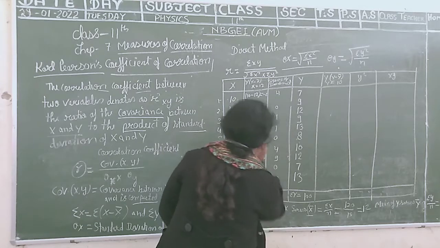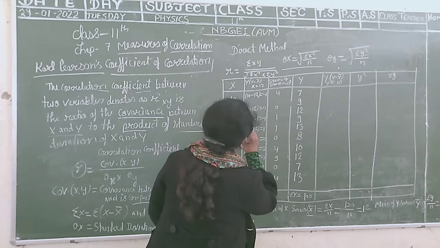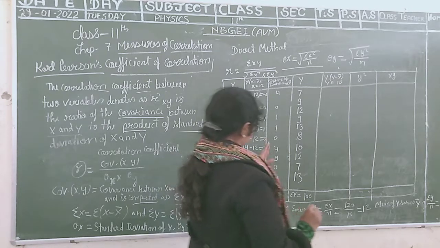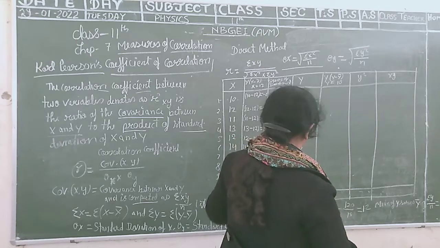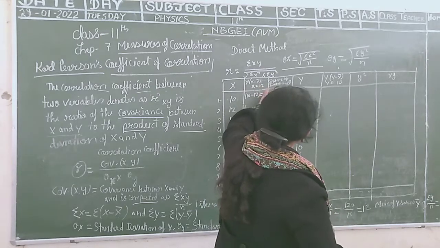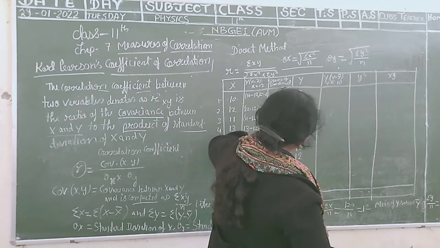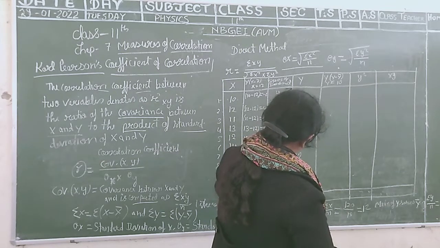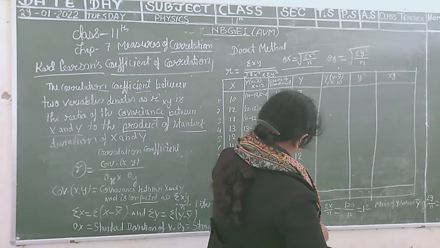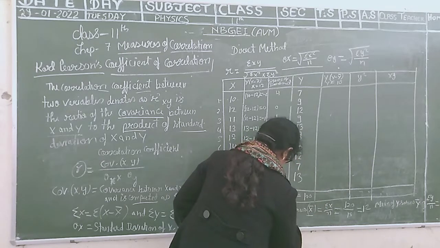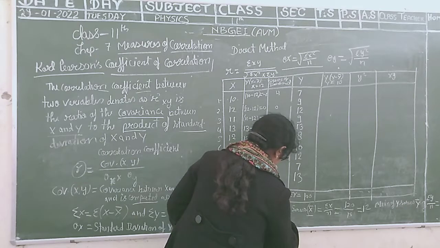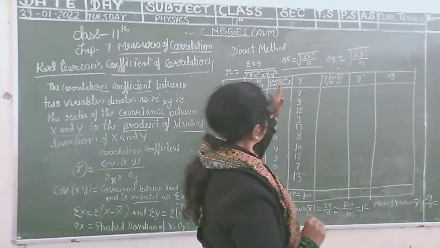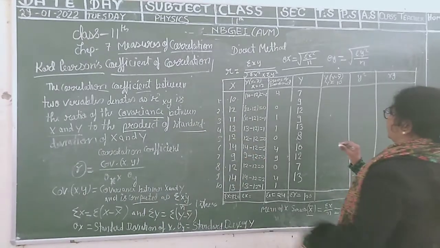Sigma x square. Here is sigma x. I will need addition: 4, 1, 5, 6 and 4, 10, 19, 23, 24. The sum of squares total is 24. Okay, and students, then what do we do here?